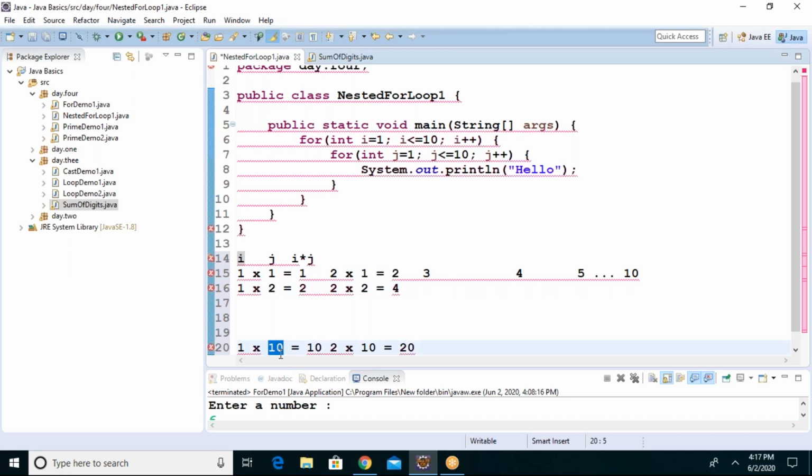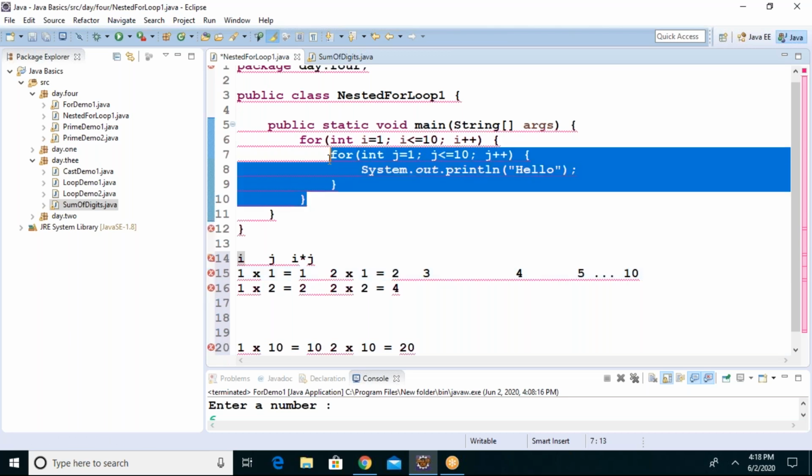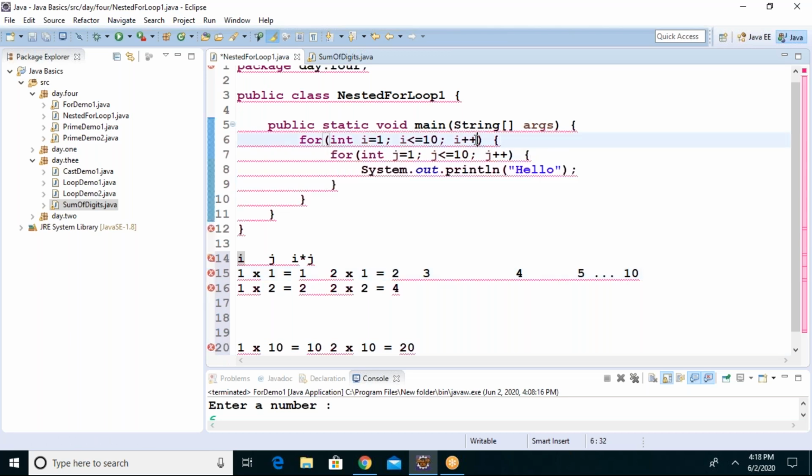Once j becomes 10, i will be incremented to 2, because once this for loop is over, i plus plus happens and it will become 2. And again it will come inside the loop, then j restarts from 1 to 10. See, when i is 2, j restarts from 1 to 10, guys. Then j will be 10, then i will be incremented to 3, third table will be printed. I hope everybody understood this.